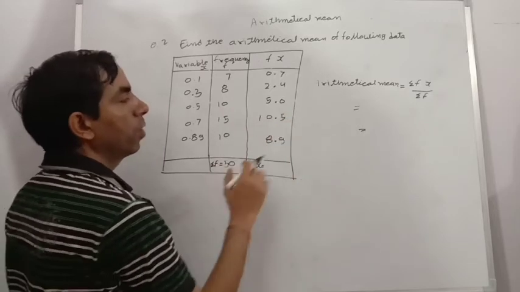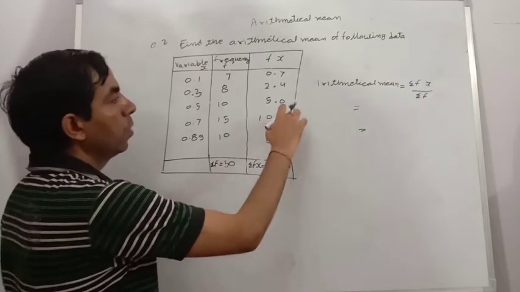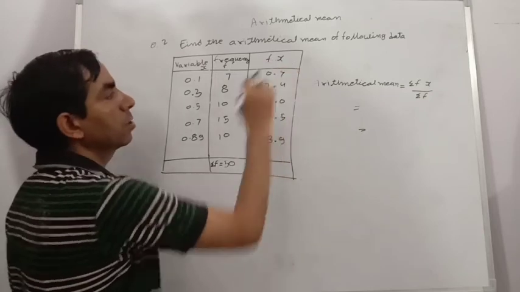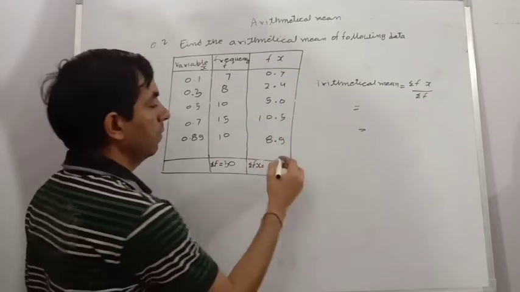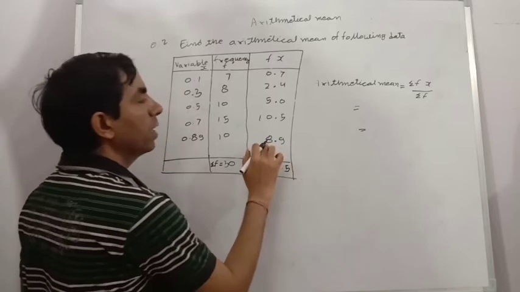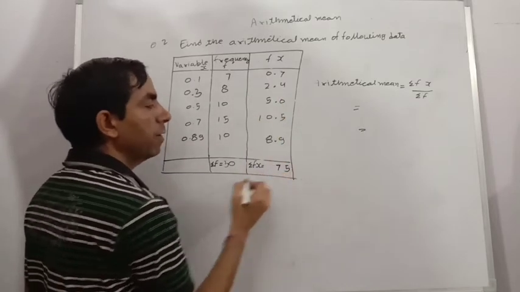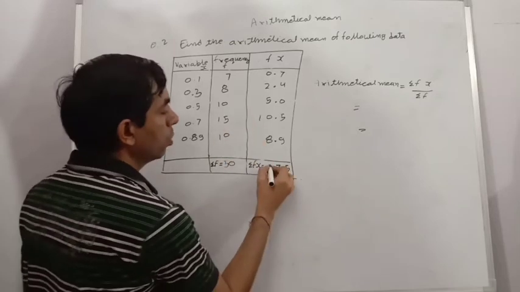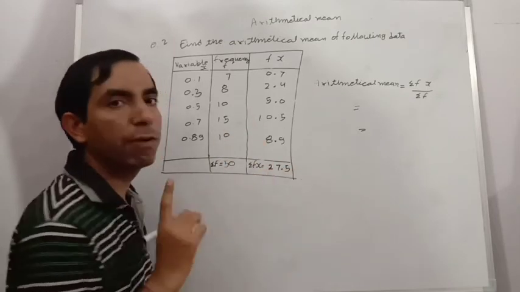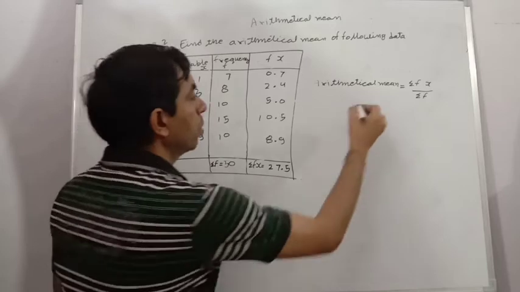9 and 5 is 14. 14 and 4 is 18. 18 and 7 is 25. 2 remaining. 2 and 8 is 10. 10 and 5 is 15. 15 and 2 is 17. 7 and 1 remaining, 2, means our answer is 27.5. So write here